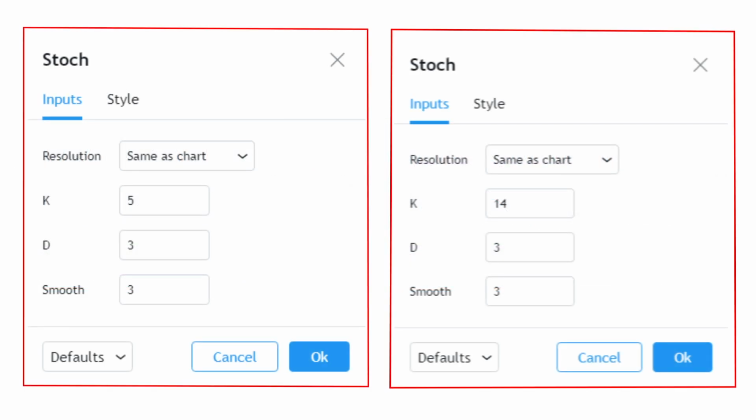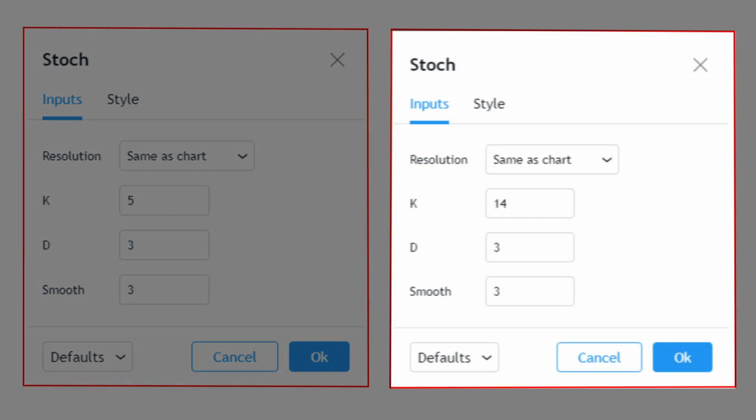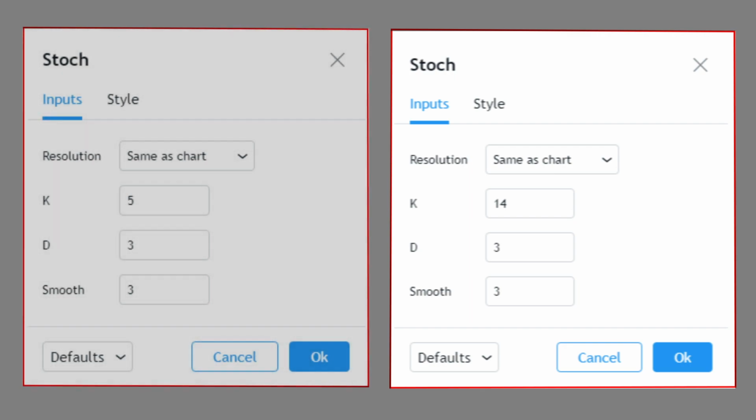There are many different settings that can be used for the stochastic. Because cycles on lower time frames take less time to complete than they do on higher time frames, we need to use the appropriate settings for our stochastic based on which time frame we intend to do most of our trading. I recommend 533 for %K, %D and smoothing respectively for traders who prefer to trade on lower time frames such as 1-minute or 5-minute charts. For traders who trade on a higher time frame, such as the 15-minute or 1-hour charts, 1433 is very effective. For swing trading, on time frames of daily or greater, I also recommend 533.